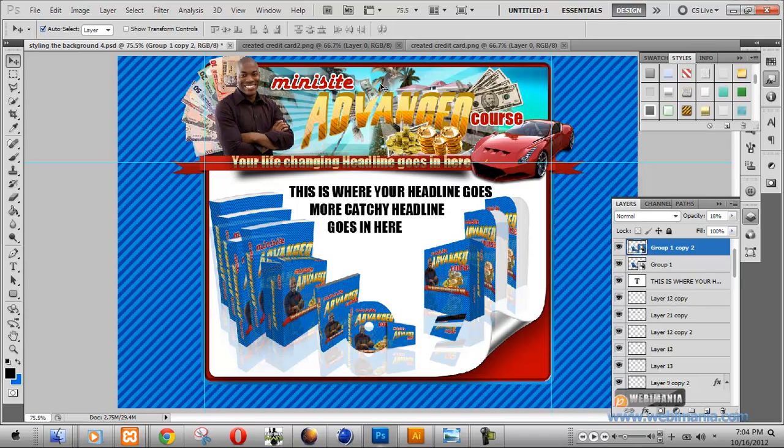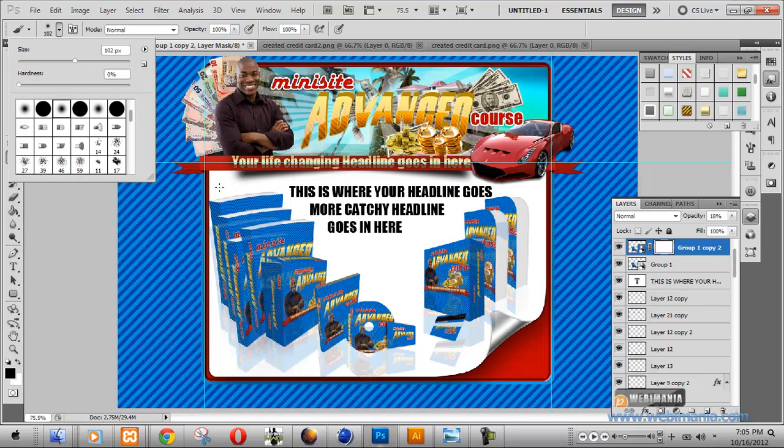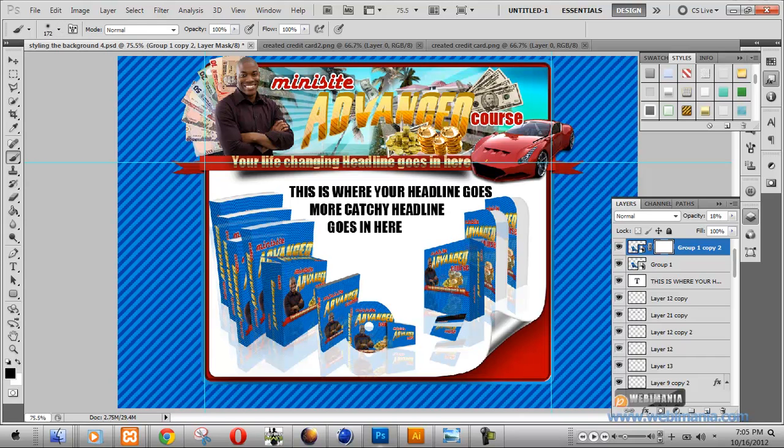That's okay. Now what I want to do is mask off areas of this image. Create a layer mask. Make sure the layer is selected and click on your layer mask tool. Select your brush and click inside the layer mask, and then increase your brush size. Select a round, soft brush, not too large, and then basically just paint inside to remove all those shadows that are inside our